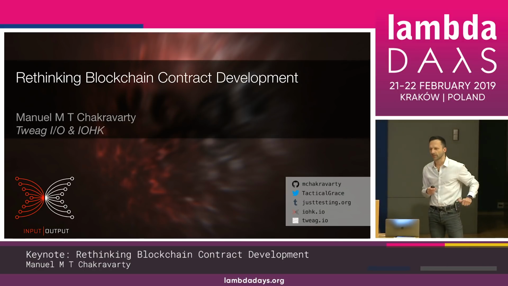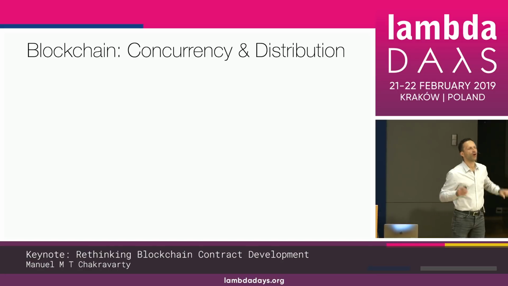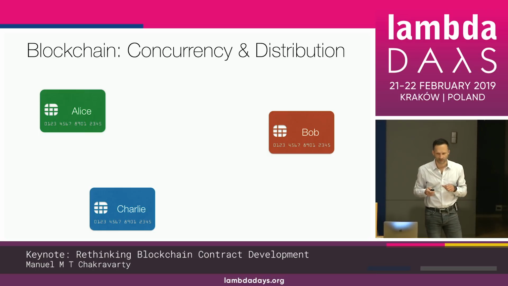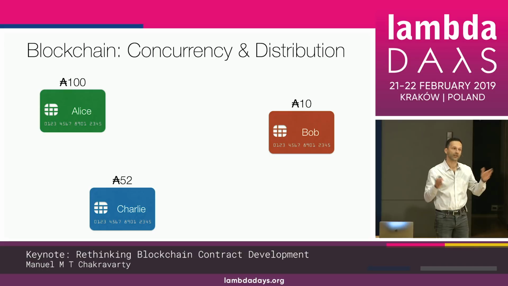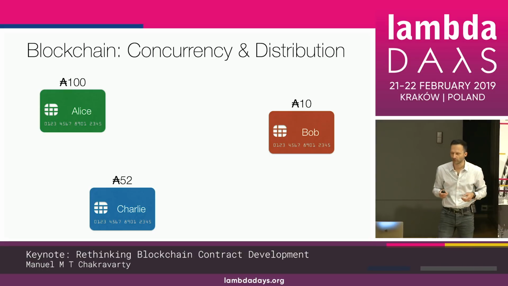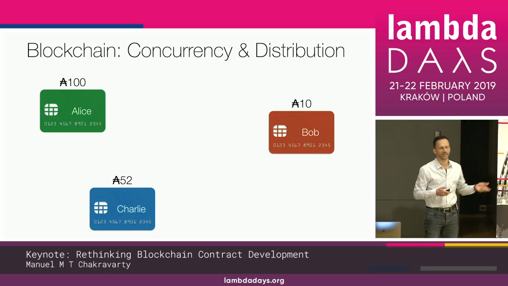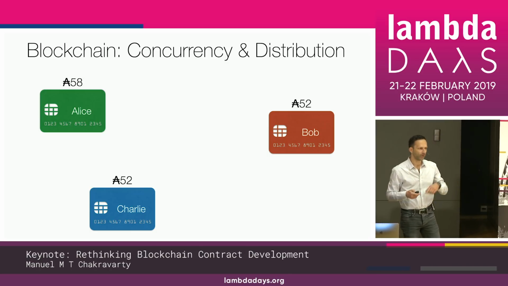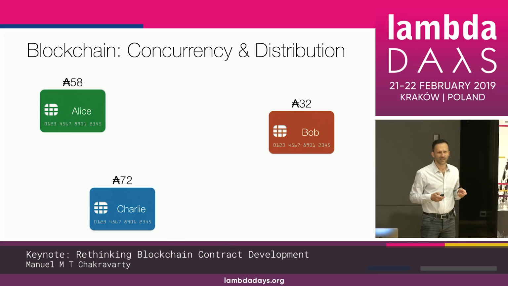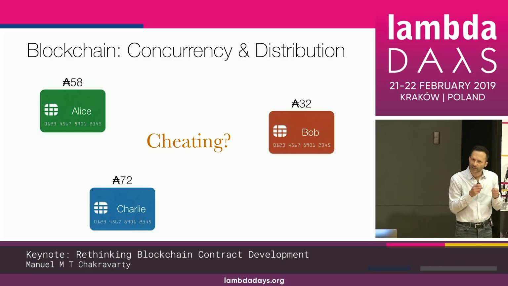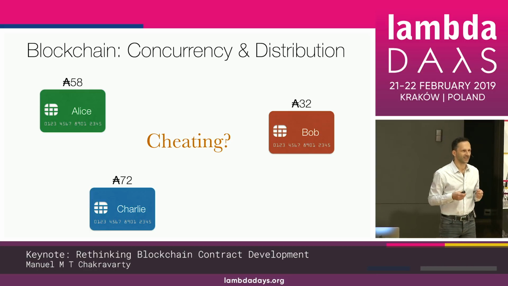All right, so let's start with the basics. Let's suppose we have 3 people, Alice, Bob, and Charlie, and they want to exchange some funds. So they keep track electronically, of course, of their own balance, and maybe Alice sends something to Bob, and Bob sends something to Charlie. But you may wonder, how do you know they're honest? I mean, everybody could just change their own little local number, right? So, well, there's a standard solution for this.